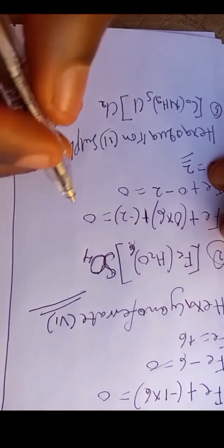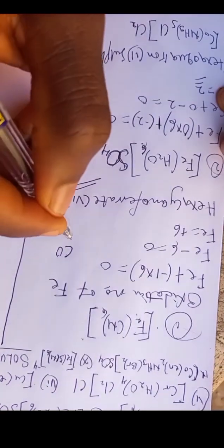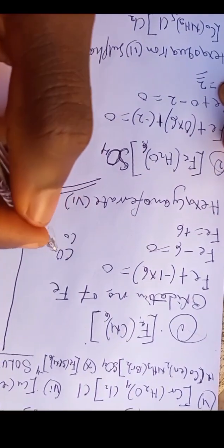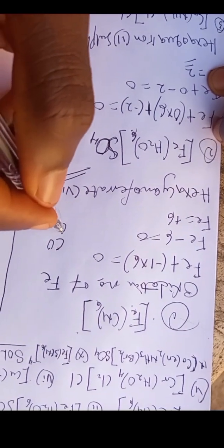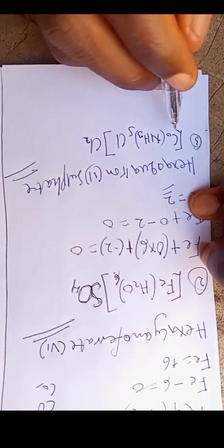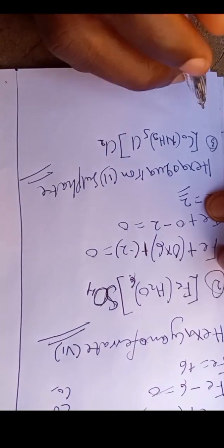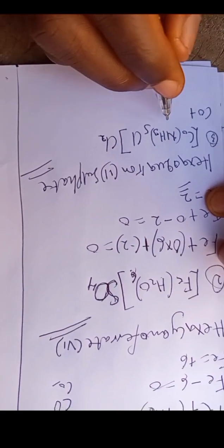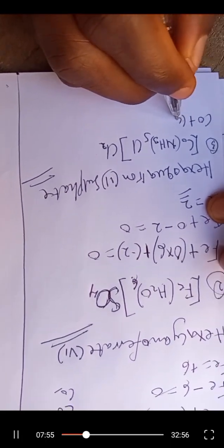Look at this one. We have CO and Co. Whenever you have capital letter C and capital letter O, that one is carbon and oxygen combined. But whenever you have capital letter C and small letter o, that one is cobalt, an element. So take note. Now this one is cobalt, Co, capital letter C and small letter o. Now to get the oxidation number of this one, just say Co plus, amine is a neutral ligand, NH3. So you just say open bracket 0 times 5